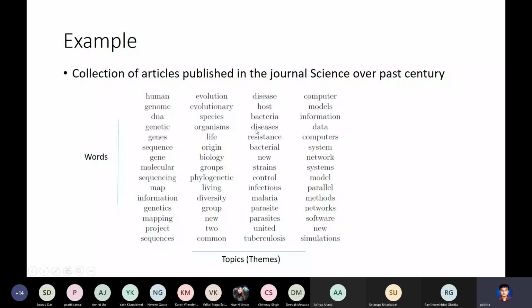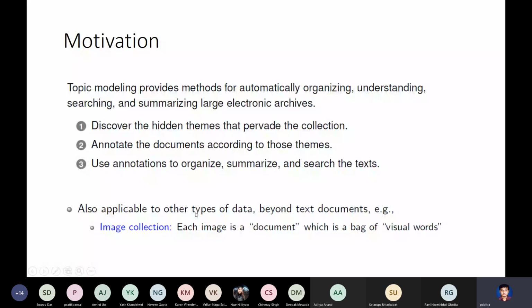Why are we doing this? Why are you interested in finding such topics? There are 3 main motivations. One is, of course, to summarize and search and do all sorts of information retrieval activities on this entire collection. For example, one might want to annotate the documents automatically using these topics. One might want to, first of all, find what the